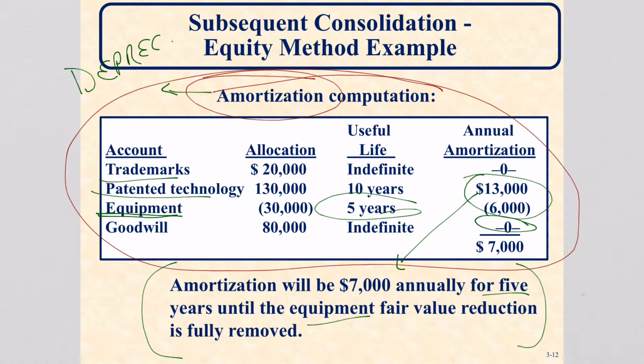So basically what they're telling you by showing this net is that you can almost bank on the fact that each year there's going to be a net adjustment to the income that we would be doing under the equity method to the investment account held by the parent during the course of the year prior to amortization. The reason why this is important somewhat, and it's really not important to get the net, but the reason why keeping a schedule like this is important is because you will be able to answer problems that go from, say,